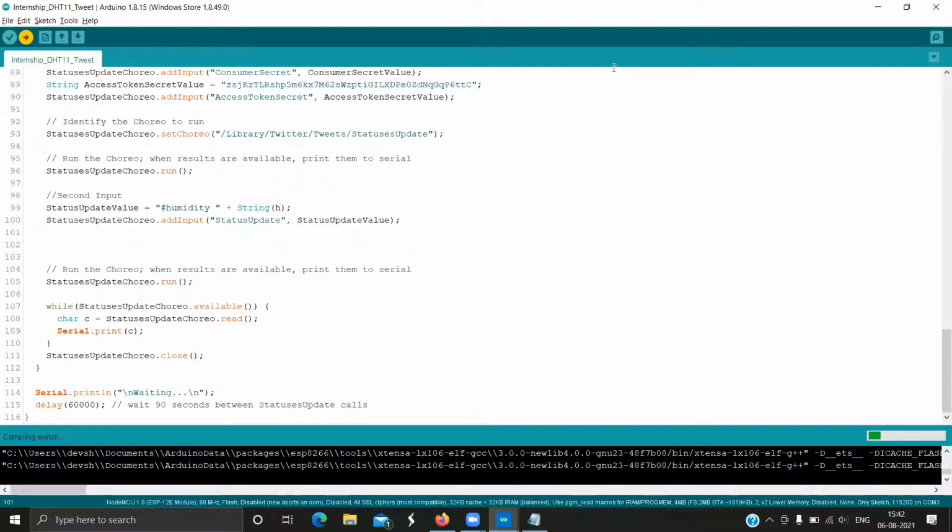So we'll wait for this to compile and upload. Also, the thing with Twitter is if any reading is repeated, which might be the case in some of our readings, Twitter will not print it since it's a duplicate tweet.